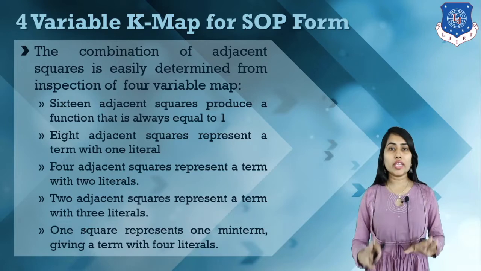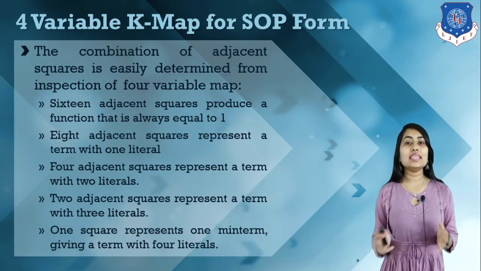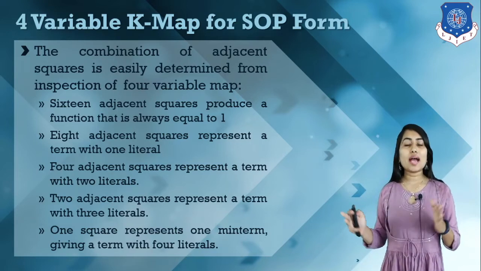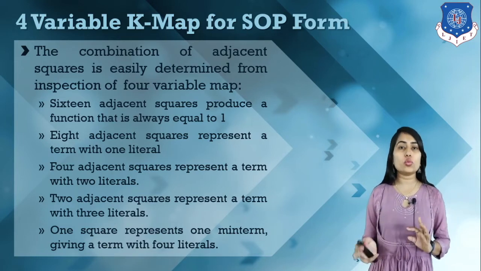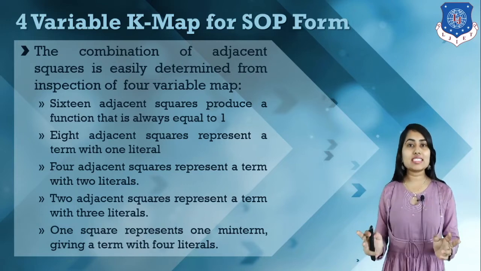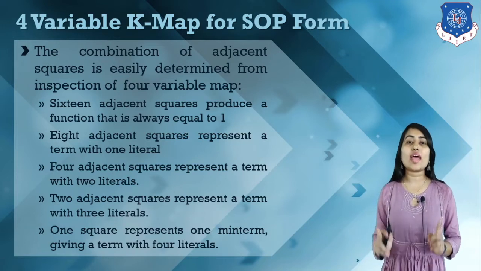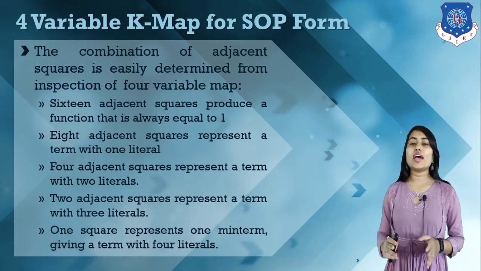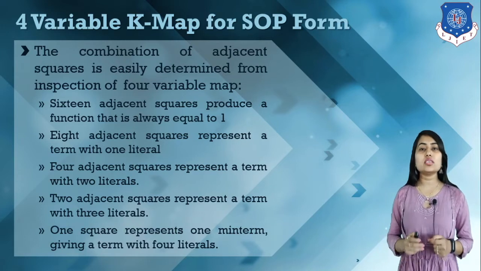Here we have to make a group in a power of 2 only. This is how, by combining these kinds of groups, we can combine logical function outputs with adjacent ones. It is necessary to make a group of adjacent squares, then write logical functions for each individual group, and then take a sum of all the individual groups. So here we have a simplified logical function.